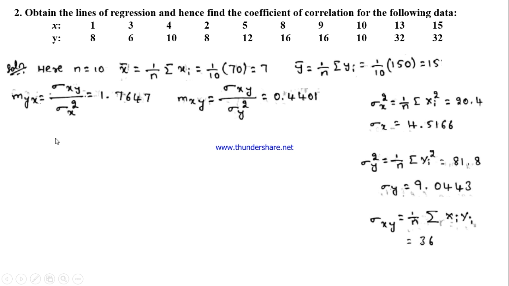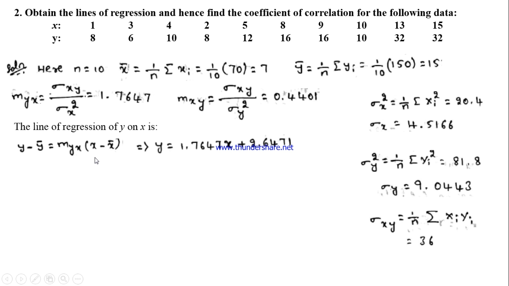Now let me write the line of regression of y on x. The formula is y minus y bar equal to myx into x minus x bar, and on substitution of x bar, y bar and myx, we get the equation of line y equal to 1.7647x plus